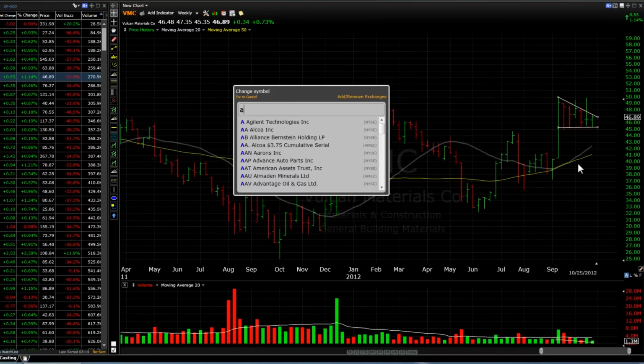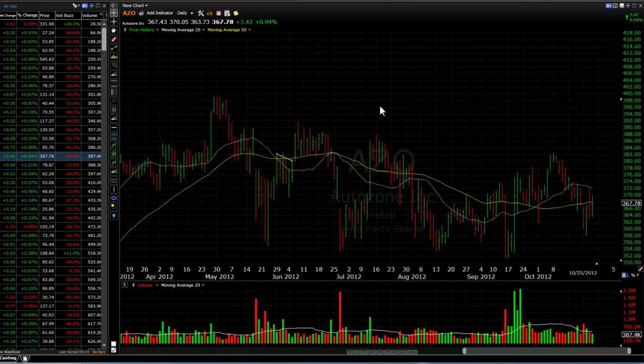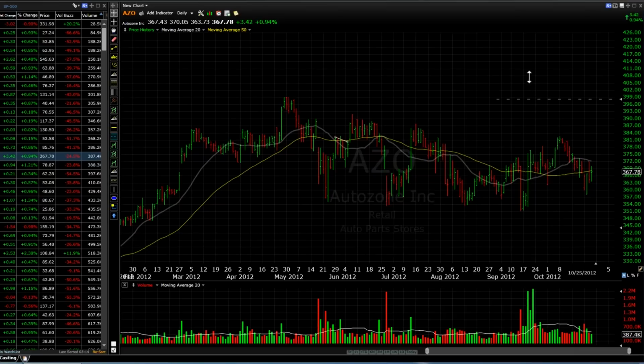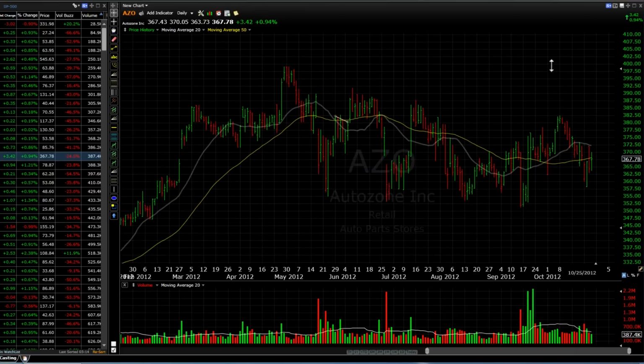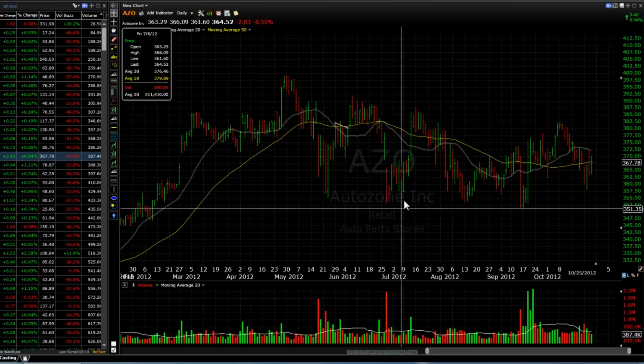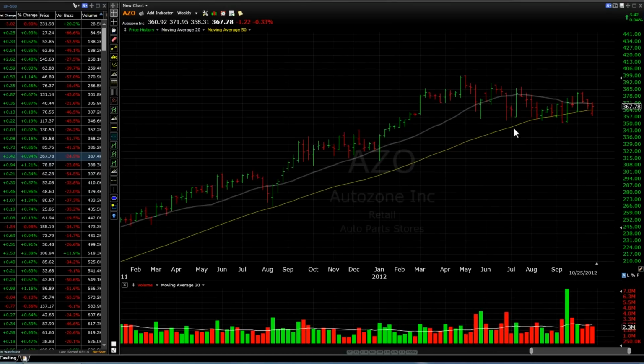Now that one's not too shabby, but let's look at AutoZone for a minute. Okay, here's our daily pattern, and notice how this one bounces a lot. It's going up and down and up and down, and it tends to hop a lot just because of the volume. The volume of AutoZone is really 387,000, which is a lot less than 1 million. So it will fluctuate and bounce around. And again, I could kind of see some patterns happening here, but if you go to the weekly, you can really spot it a lot easier.